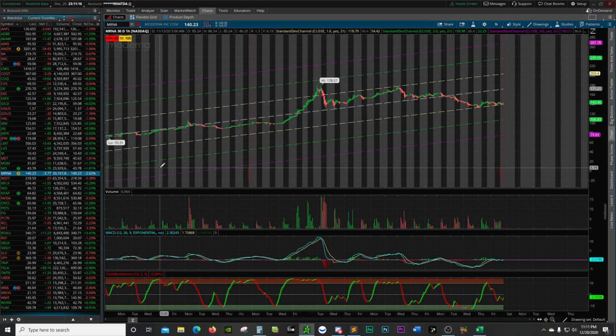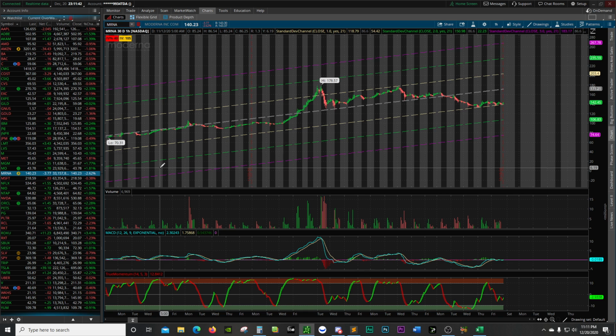Whereas if somebody asked me where support is on Disney, and I'd have to go look at the chart, that's not something I'm necessarily interested in trading. I might add it to my list and just keep an eye on it for a little while. When I add things to my list, I like to watch it for at least a month or two to see what it does when it hits its high, what it does when it hits its low, and everything in between, so that I can familiarize myself with the movement of the stock.